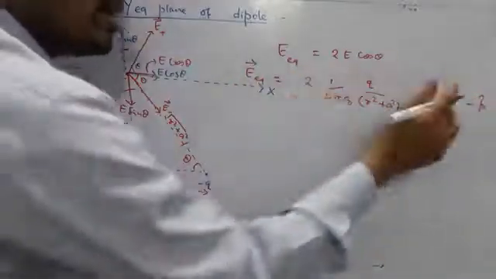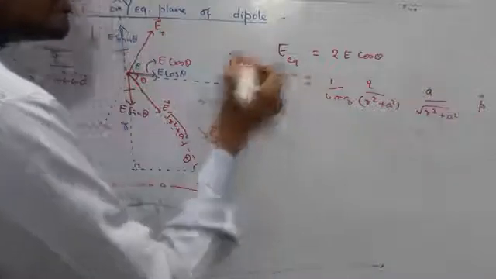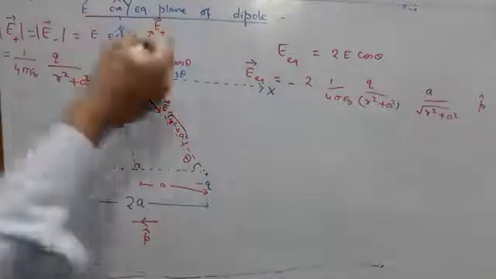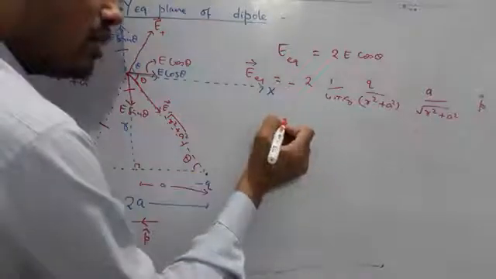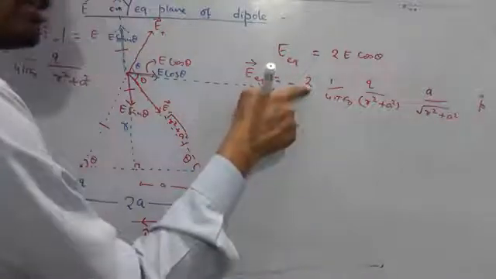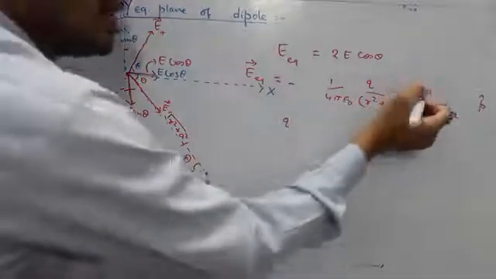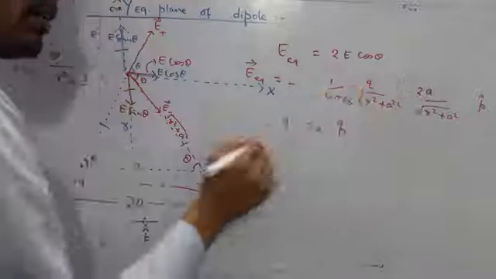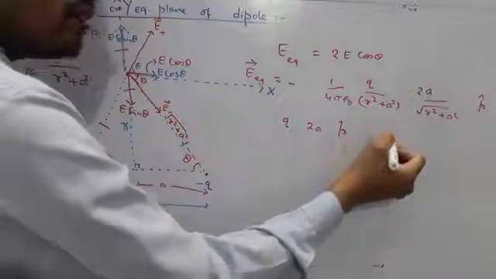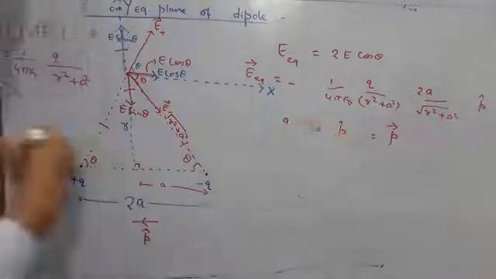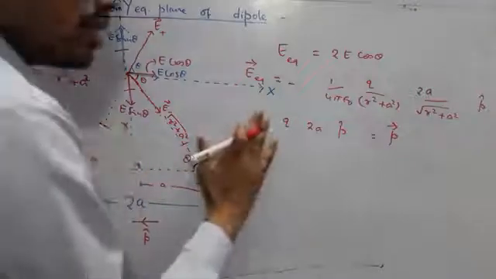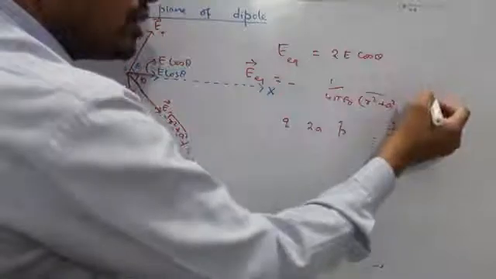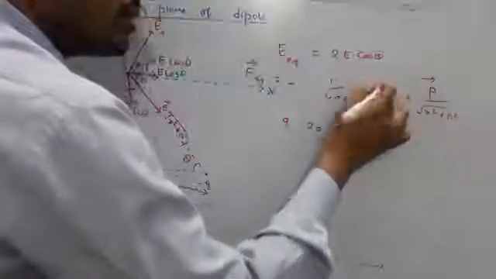That minus you can write here, so you will get this as the answer. It can be further simplified. If you remember, we have written q times this. This 2 we can put over here. This q times 2a times p cap, what will it be replaced by, students? This is nothing but your dipole moment vector. If you put that q, 2a and p cap, you can replace it by the p vector.